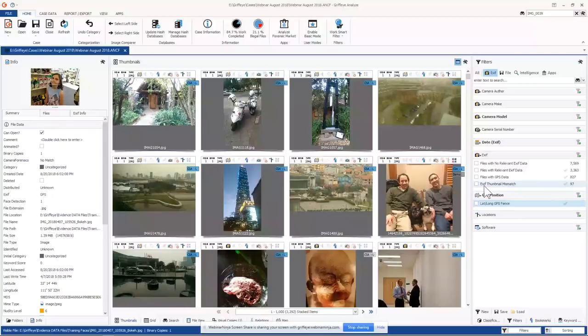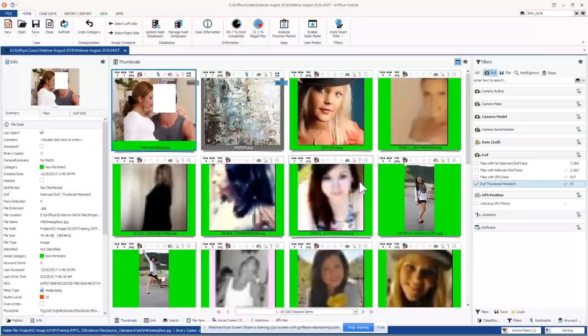One other thing we like to talk about is EXIF thumbnail mismatching. So if I select this, it's going to show me all the files where the EXIF thumbnail, the embedded thumbnail of an image that exists in the EXIF area of the file, does not match the actual photograph.